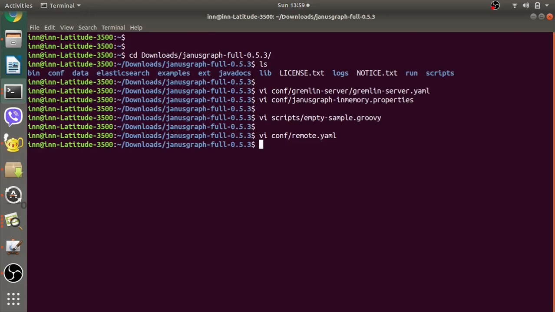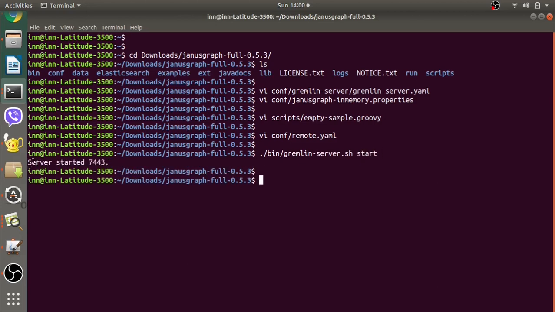Now let's start the Gremlin server without wasting any time, using bin/gremlin-server.sh start. We can see that Gremlin server is started with 7443 as a process ID of Ubuntu.